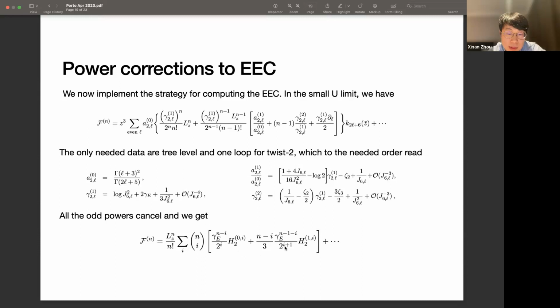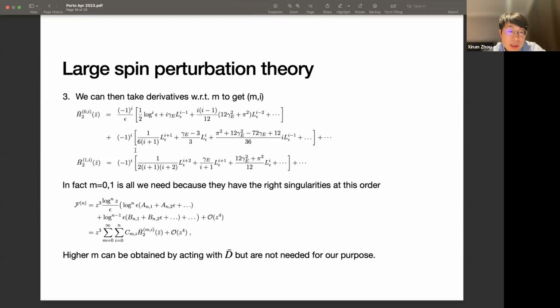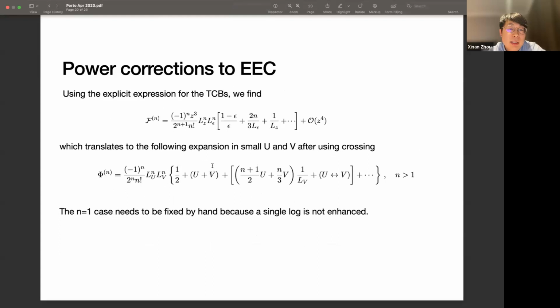Now, these twist conformal blocks, as I showed you earlier, we have already computed. So let's plug this in, and you find the following explicit form of this reduced correlator in terms of these logarithmic corrections. This is for this f. Let me remind you, there's a minor difference between this f of n and phi of n, just by some powers of u and v. So you can translate this back to phi, and then use crossing symmetry between u and v to complete it